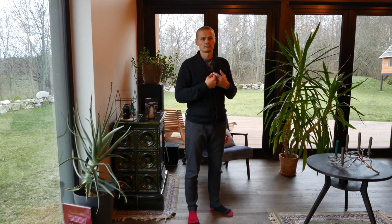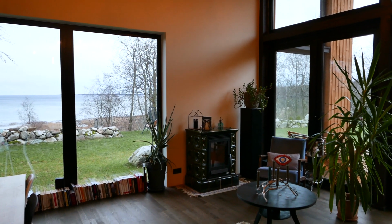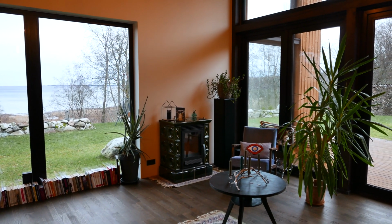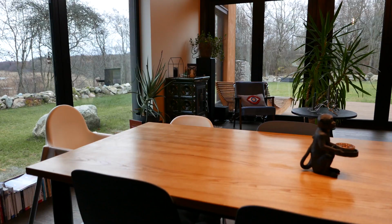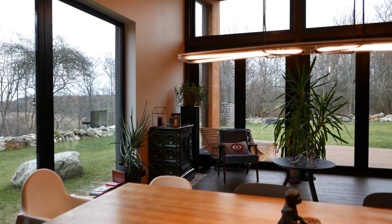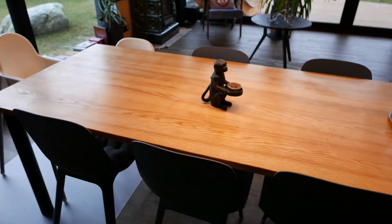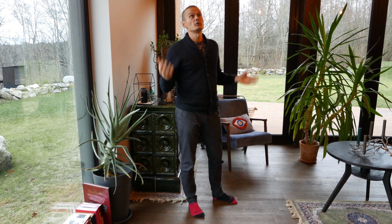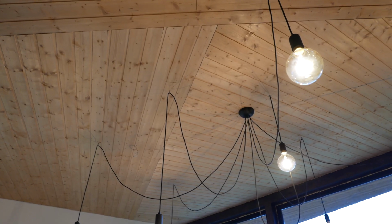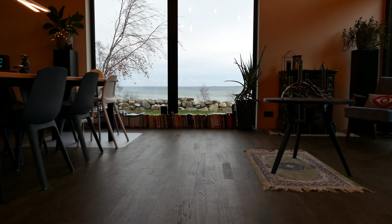This house is also all about light and views. As you saw, there is a beautiful view to the sea, and there is also a beautiful view to the garden, and there is a lot of privacy in here also. The design is a little bit different than in other houses of this kind because the owners themselves are doing a lot of the work by hand, and they are also really creative and have different kinds of solutions here. For example, we have a really beautiful wooden board ceiling here, and all the walls are painted in different colors, and there is a beautiful